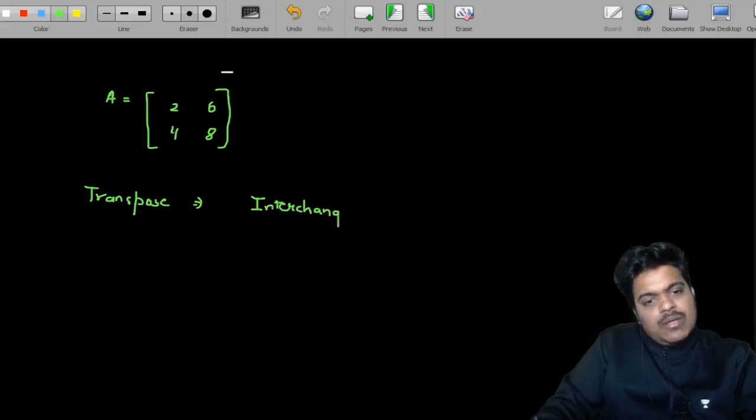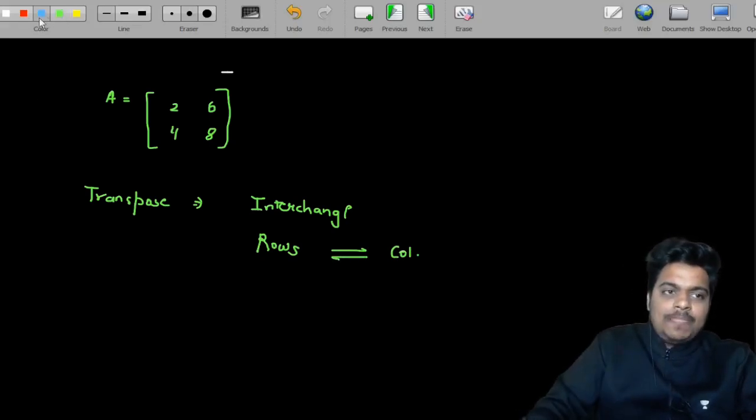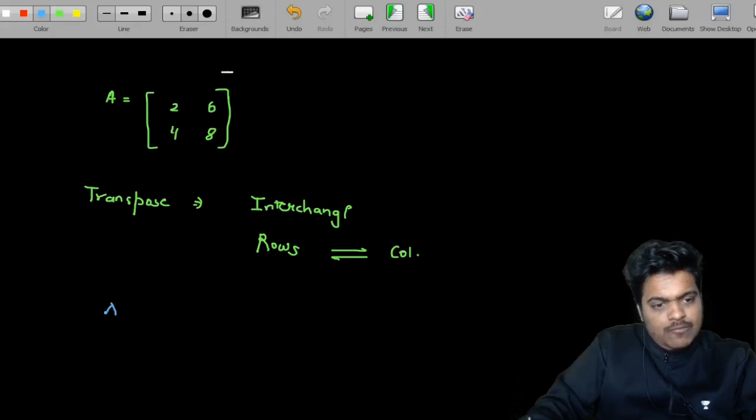Interchange rows and columns. That is, the rows become the columns and the columns become rows. So the transpose of this matrix A is written as A dash or A transpose, and this will be equal to, this first row becomes first column, that is 2, 6, and second row becomes second column, that is 4,